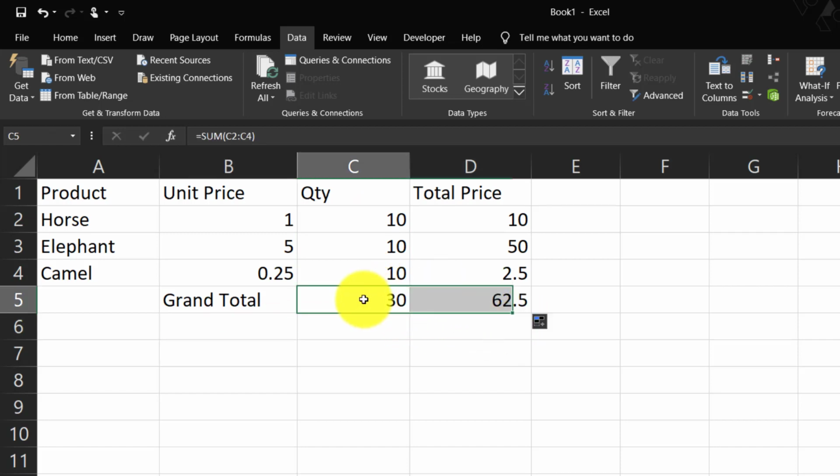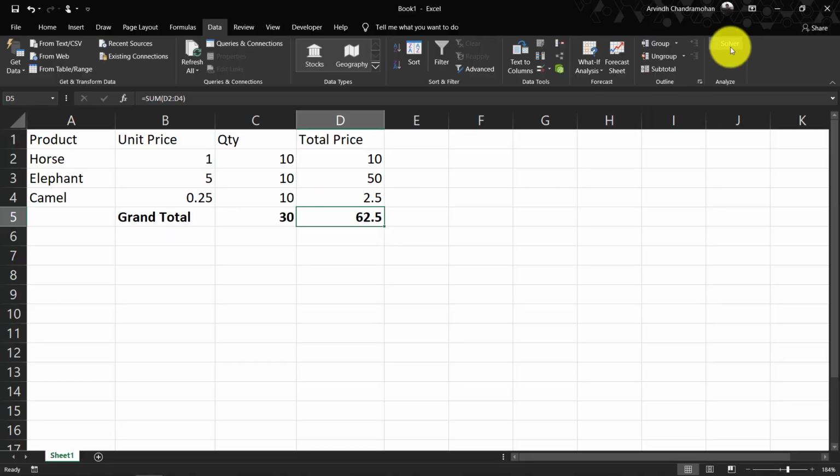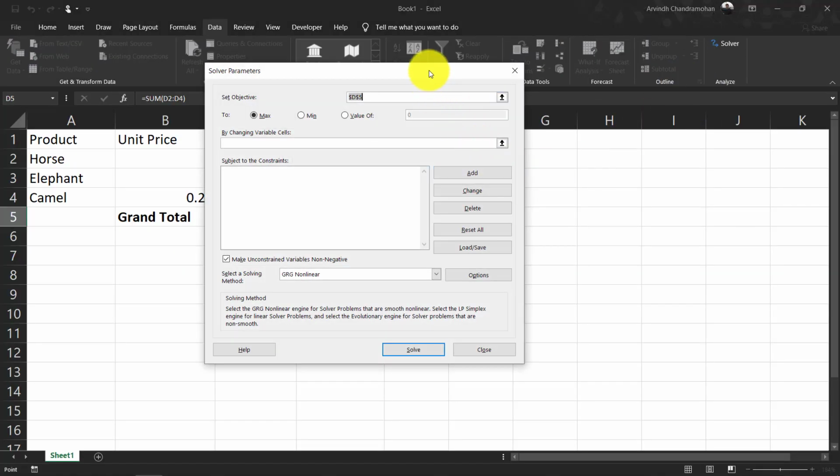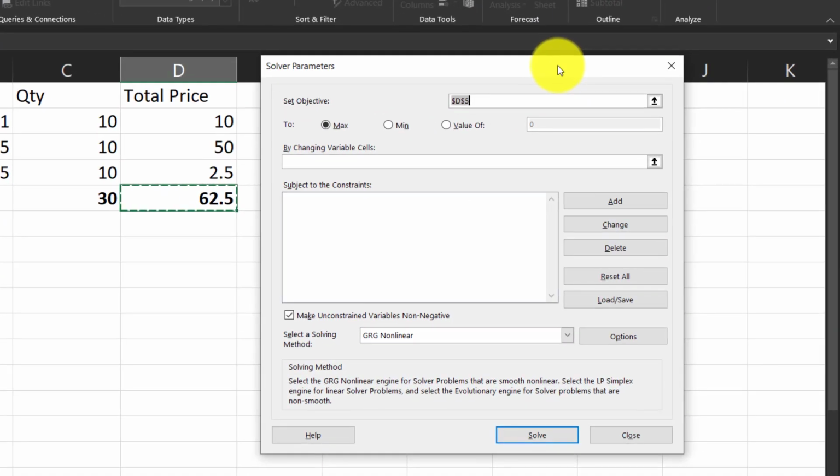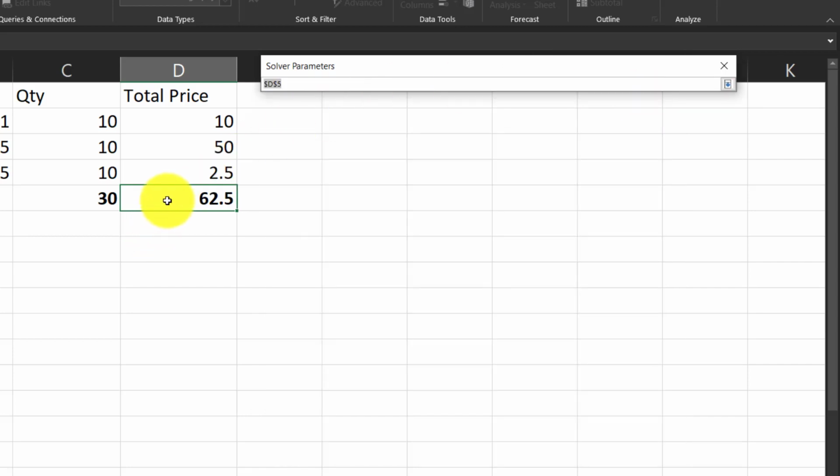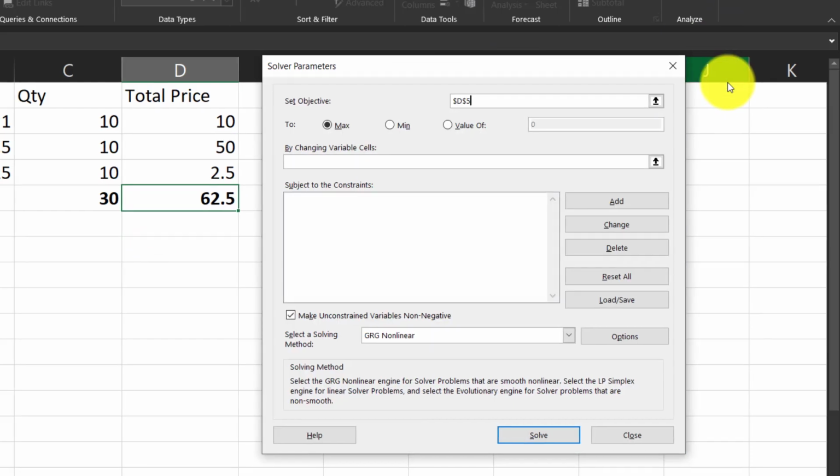Alright, now that we have all the essential details ready for some analytics, let us bring in the solver. Mr. Solver. The first input in the solver window is the objective. That is the grand total price in this cell.